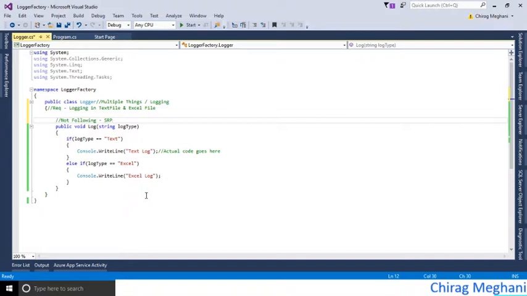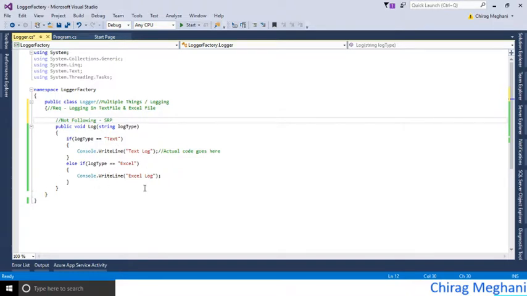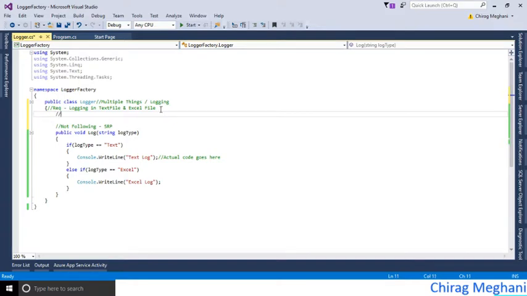It says one entity, one class or one function should do only one thing. Okay, we are doing multiple things here. In the long run it will be difficult to maintain, there will be so many lines of code here. Okay, another thing, if you see, suppose we have a